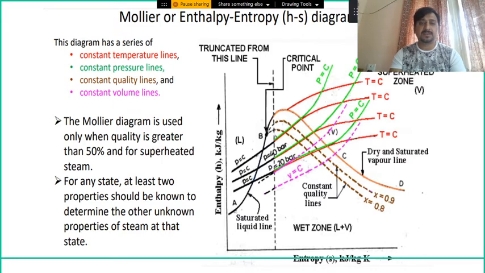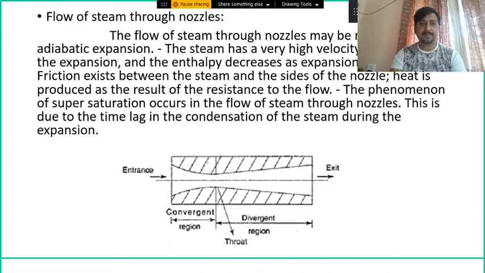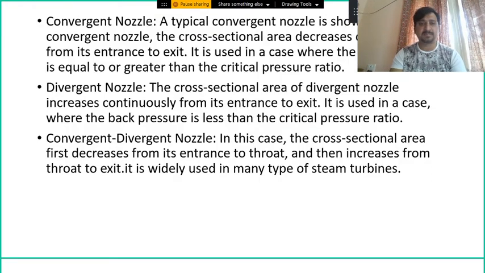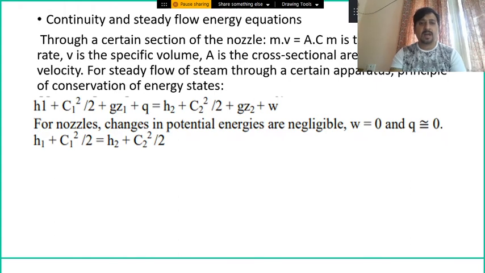Okay, fine. I think I have explained this Mollier chart and the enthalpy entropy diagram as well. The flow of steam, yes, I remember that has been explained, and the types of nozzles have been explained. So now we have to start. I had given you an assignment to apply the continuity and the steady flow energy equation for the nozzle. With that help only we can do the things.